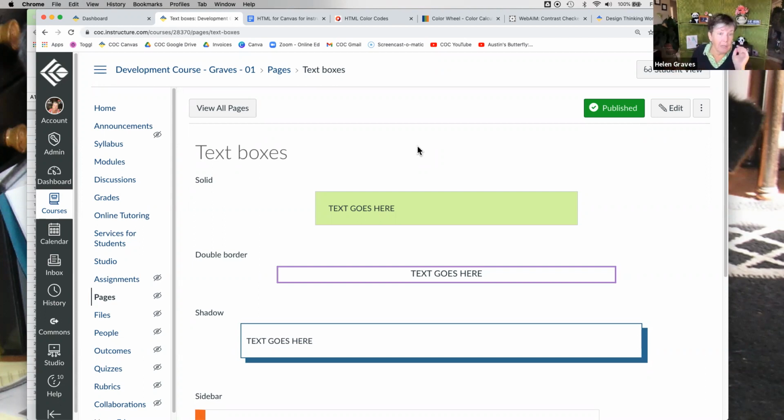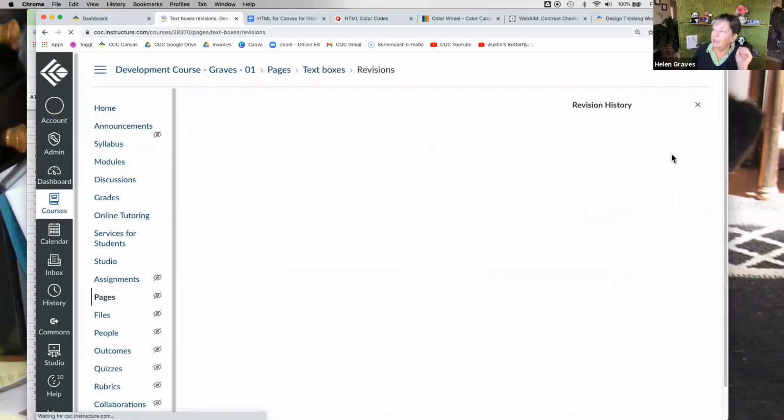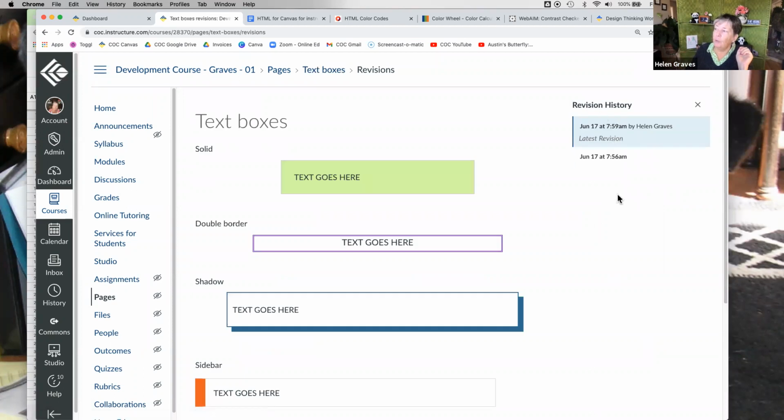Here's a trick though with pages. You may not be aware there is something from the 3-dot menu called View Page History. When I click it, it shows me up to 25 previous versions of the page. So if I had been working on this and I totally messed it up and wanted to start over, I could open up the page history and go back to an earlier version before I'd messed it up and start from there.